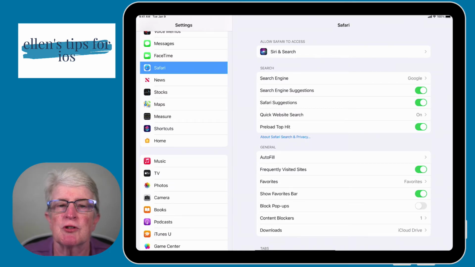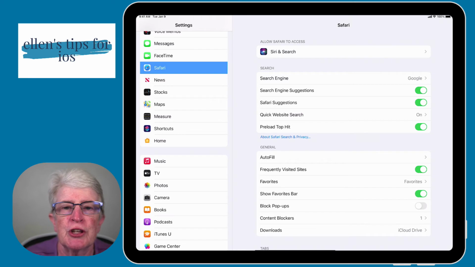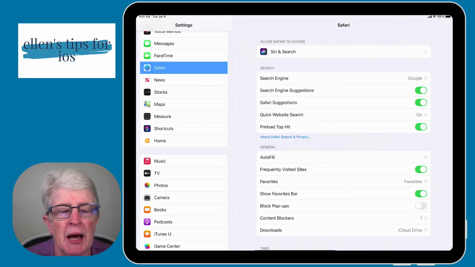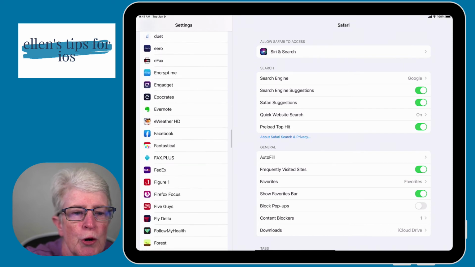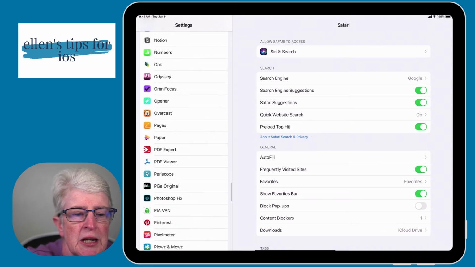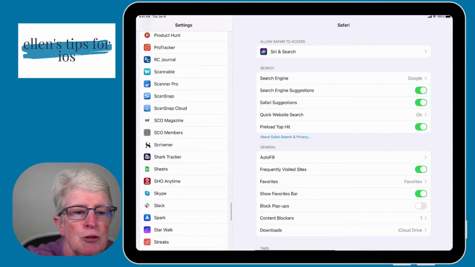The process for setting up the default mail client is the same as it was for setting up the web browser. So right now we are still in the Safari Settings app on the iPad. And now what we'll need to do is find our default mail app of choice. My personal preference is Spark Mail. So I'm going to scroll down, and these are listed in alphabetical order. So I'm just going to keep scrolling until I get down to